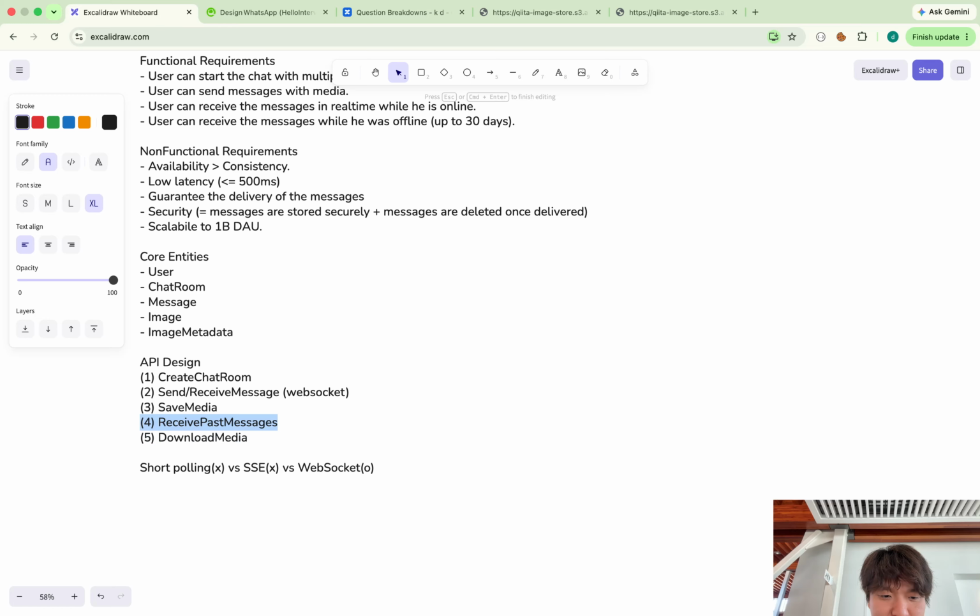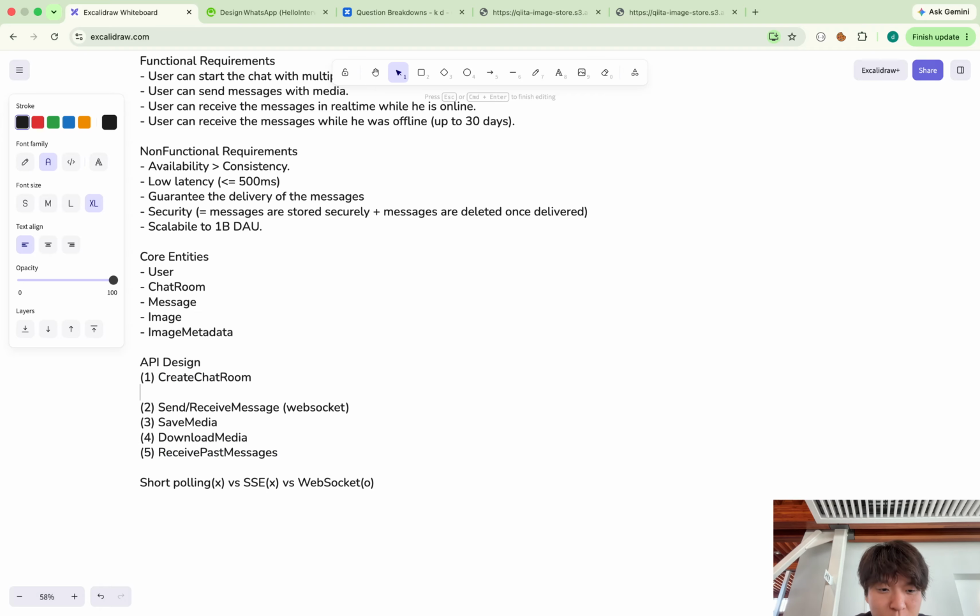And receive past messages, I will do with still HTTP, so that I can separate the API for real-time messages and bulk past message fetching.